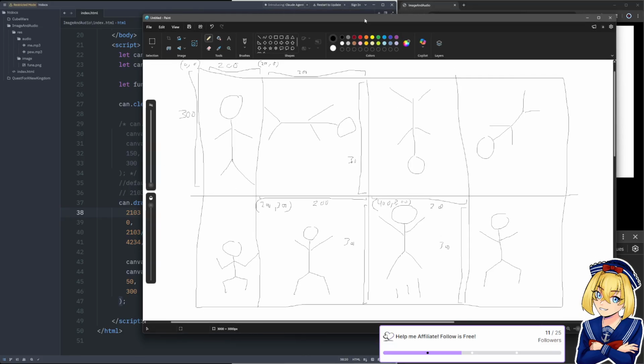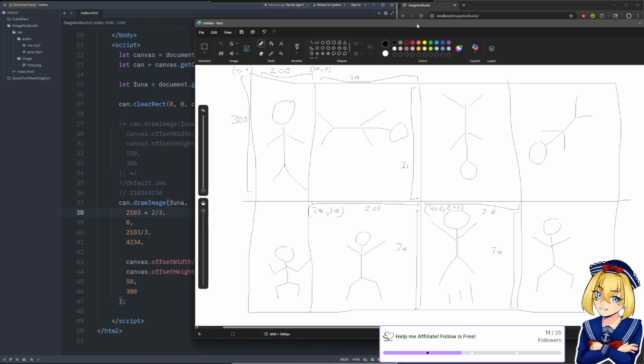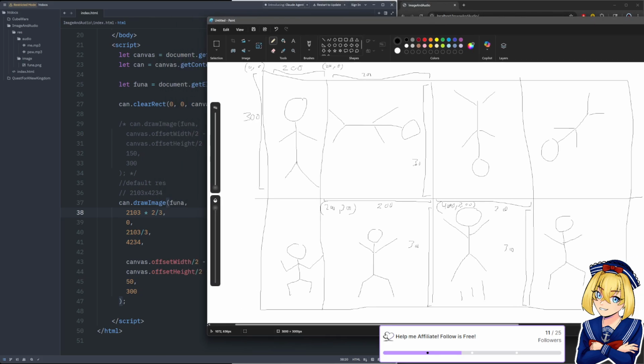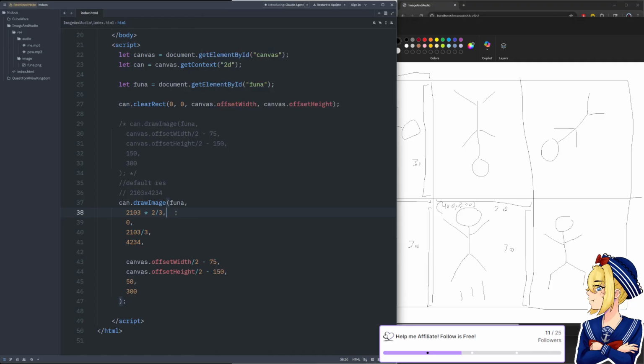And you can do an easy formula for this too that I was kind of trying to show you. It's which sprite you want. Do you want the first sprite, which would be 0? So we're looking at it like an array. Or do you want the second sprite, the third sprite?